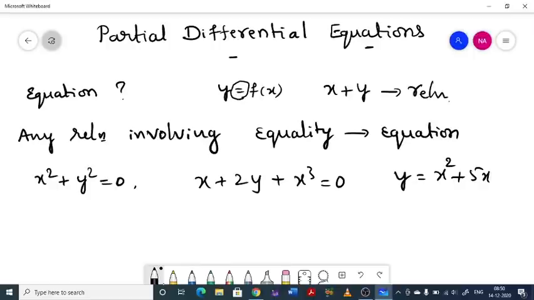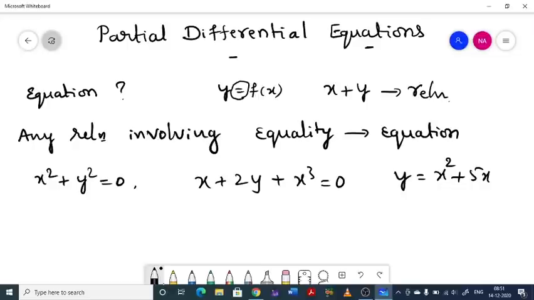Now I want to introduce you to the differential equation. So I have to make this equation a differential equation. What do I have to do? I have to make some changes to this equation so that it becomes a differential equation. What change do I have to make? I need to add something to this equation that makes it a differential equation. That something is actually the differential coefficient or derivative, you can say.